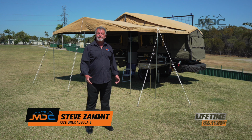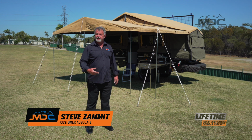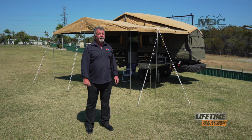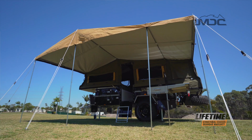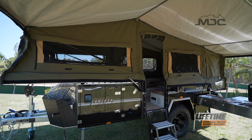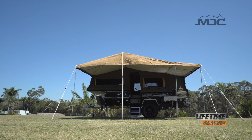More and more Aussie families are choosing off-road adventures as their choice of holiday. Well, the Cruizer Slide could be your ticket to Aussie adventure without breaking the bank. The versatility of a slide-out rear section makes this stylish forward fold comfortable for a family of 5 or 4